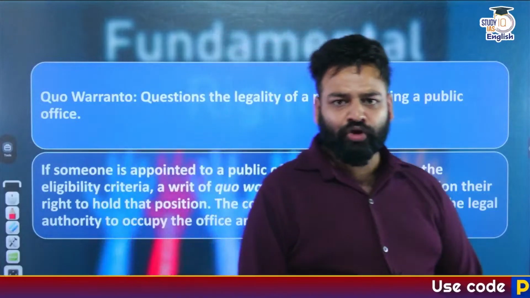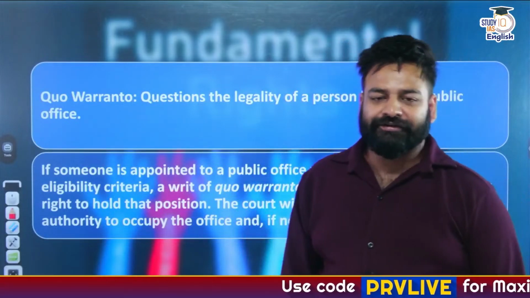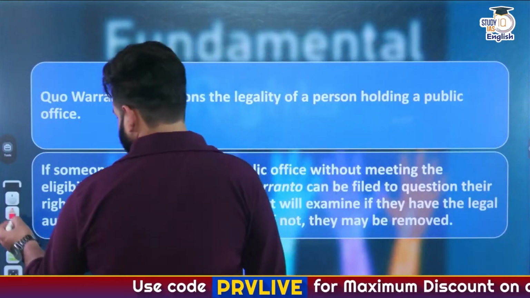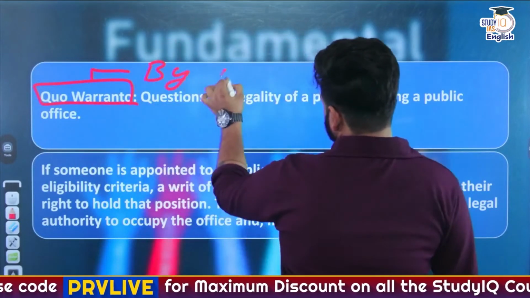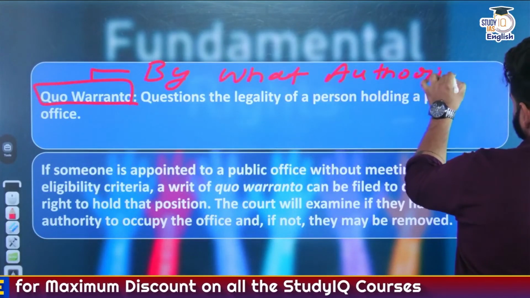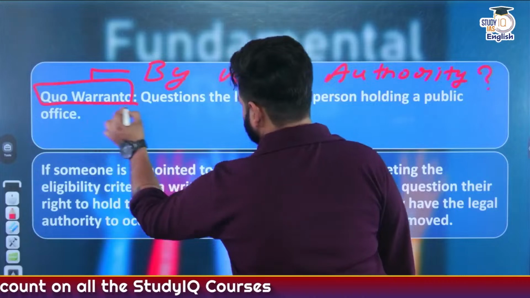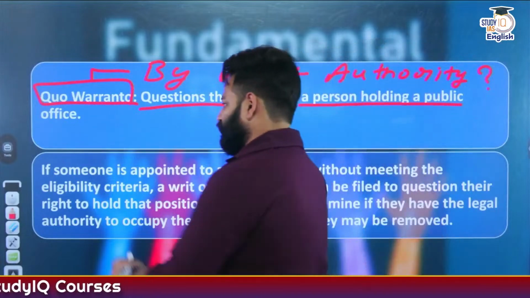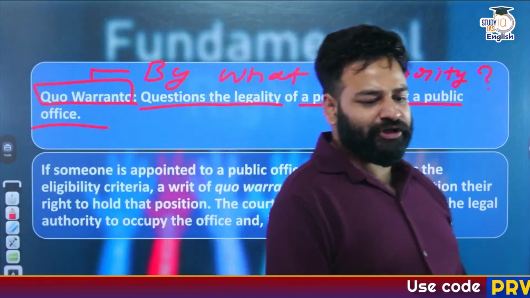Next, quo warranto. So, what is this quo warranto? The fifth one. By what authority? In English, it is meant as by what authority you are holding this position. So it is once again issued by the court, the higher court, asking the legality of a person holding a public office, whether to check any such discrepancies or cheating is there or not, that this particular office, like for